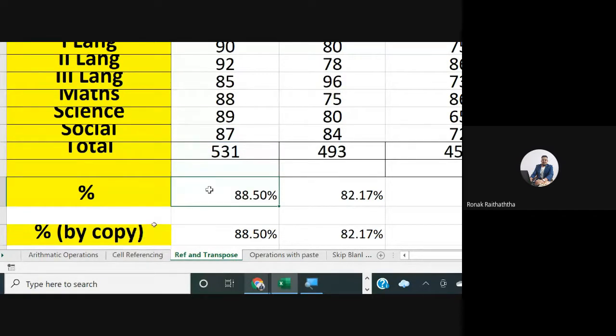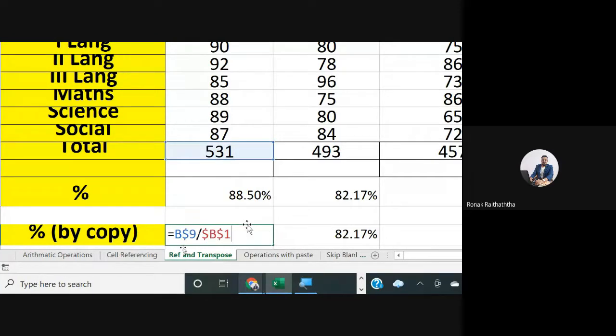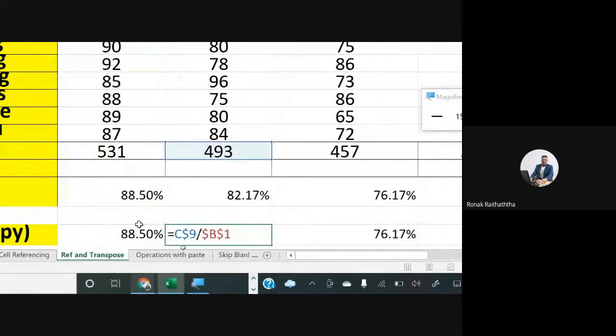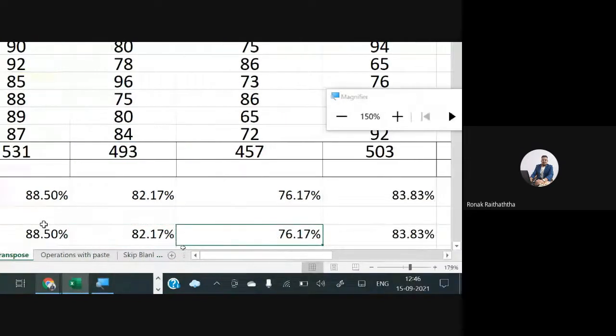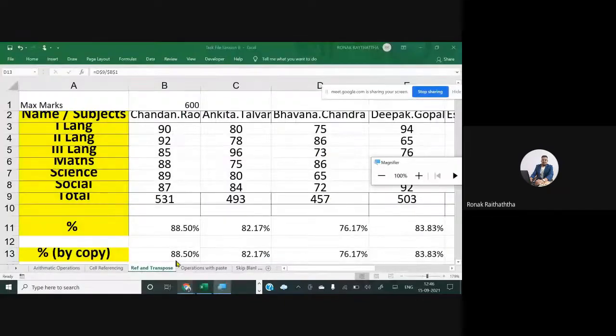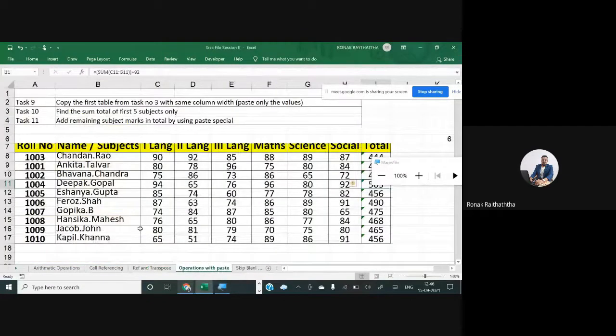So if I copy this cell and paste it over here, you must have observed that it is not changing the 9 numbers row at all. It is just changing my columns. Are you getting my point, my friend? Okay, let's move ahead further. So this is all about the referencing. Practically we have done it, my friends. Let's go to a few other things.